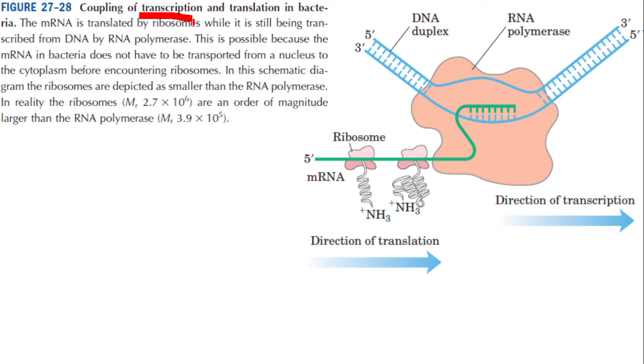Coupling of transcription and translation in bacteria. You know that in bacterium, nucleus is not there. So genetic material is present in the cytoplasm itself. So the site of transcription itself is the site of translation also. So when transcription is going on, when the mRNA is formed to a certain extent, before the transcription is completed, translation may begin. That's what you see here. On one side, transcription is not completed, but on the other side, translation has already started. This is possible there in prokaryotes.